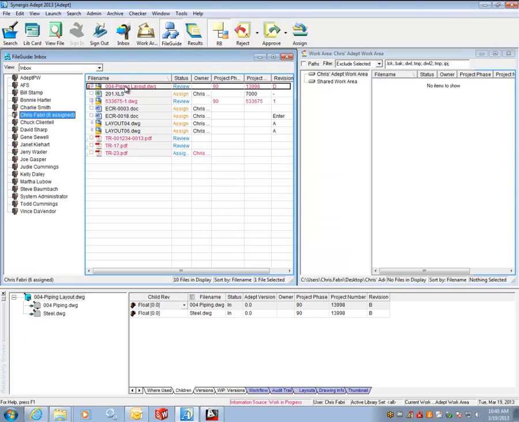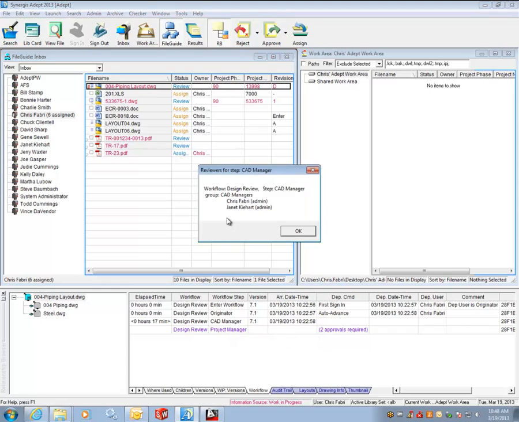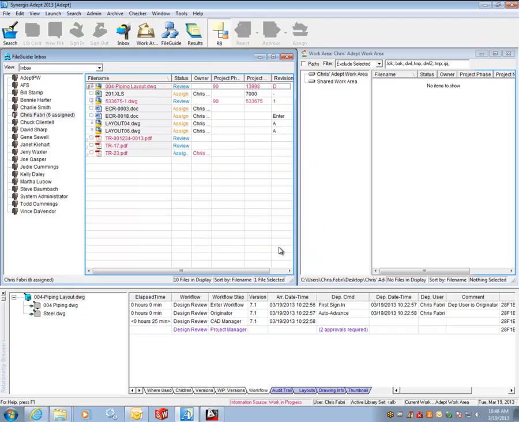We can see more information about this drawing's workflow in the Workflow tab of the Relationship Browser. We see that it was signed in by Chris, and that it's currently on the CAD Manager step of our design review workflow, waiting for approval from Chris or Janet. When Chris or Janet approve this document, it will move on to the Project Manager step, where it needs 2 approvals from that group. Once it is approved by the project managers, it will then become the official released version